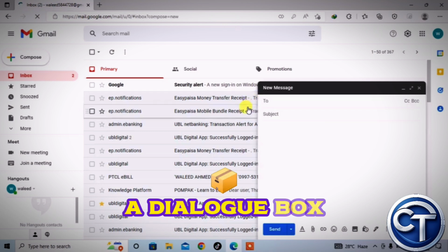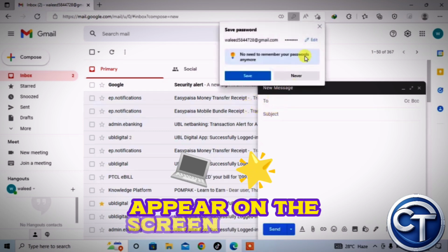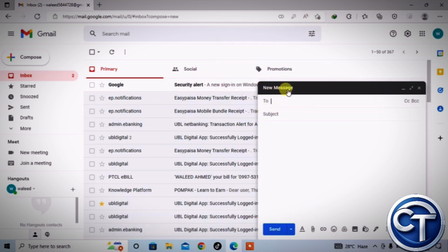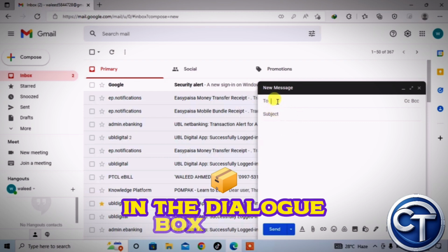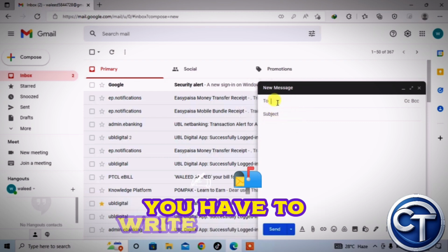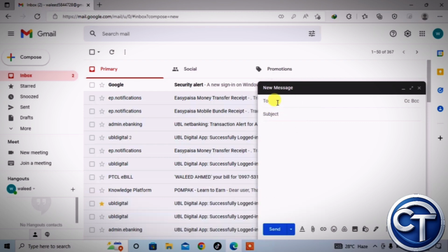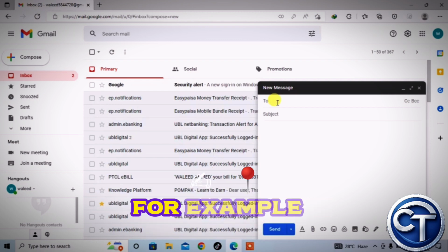A dialog box will appear on the screen as New Message. In this, you have the first option, To, and the other option is Subject. In the dialog box with two options, you have to write the email address to which you want to send your email. For example, I write here,